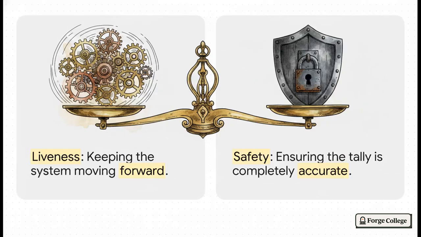But this trick introduces the ultimate engineer's dilemma. What happens if someone commits, but then just goes offline and totally refuses to reveal? The system has to make a really hard choice between liveness and safety. Do we prioritize liveness, meaning we just ignore the missing vote and keep the system moving forward? Or do we prioritize safety, pausing everything, because counting an incomplete tally is just way too risky? It's a delicate balance for sure.